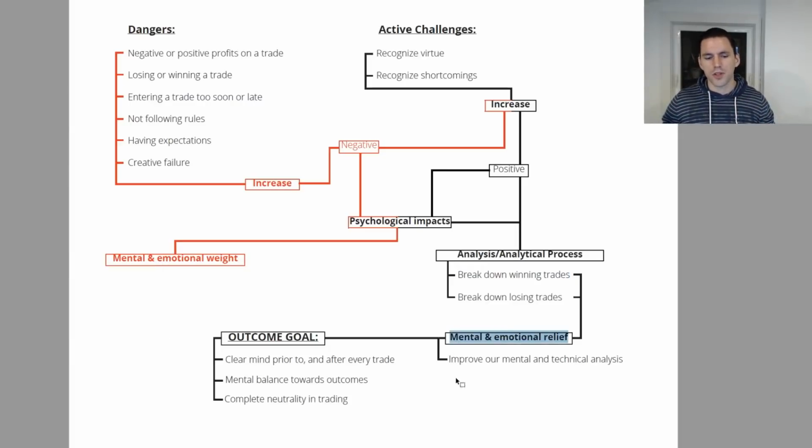That's where the mental and emotional relief comes in, when you improve on your mental or technical analysis based on these two factors here. So when you break down your winning and losing trades, and you use that awareness that you identified in this active challenge, when you take that responsibility of saying, I'm going to actively recognize if this was a shortcoming or a virtue, I am going to analyze the why and the what based on these dangers, you are going to be able to dump that pot of water and give yourself that emotional and mental relief,